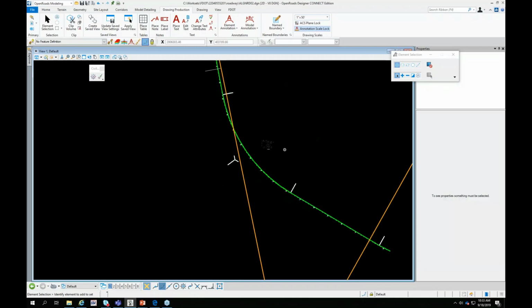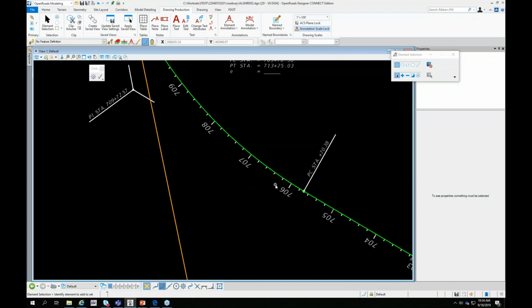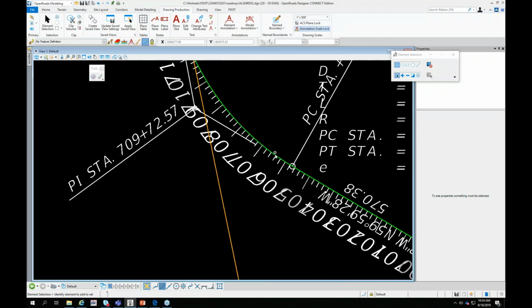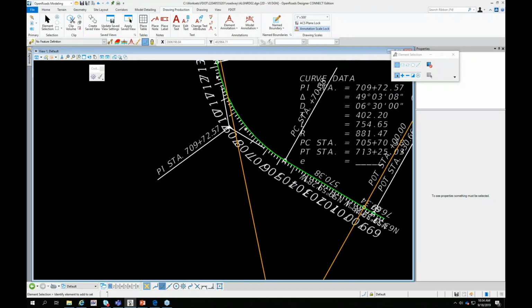So all the annotation is built in that way. If you change the scale to like 100, you'll see that the annotation scales up and down depending upon what the scale is of your design file. If you go to a higher scale like 500 and you don't want to see every 100 feet, we've built